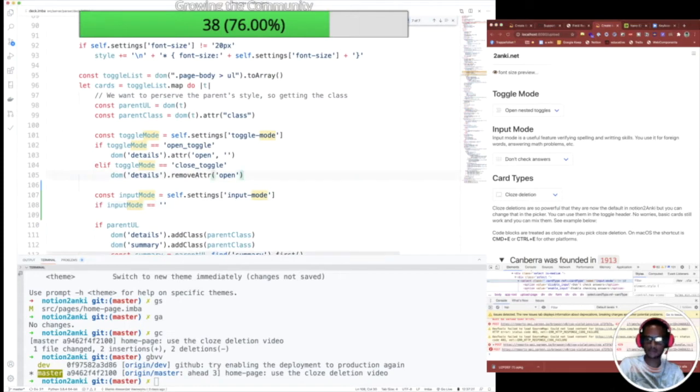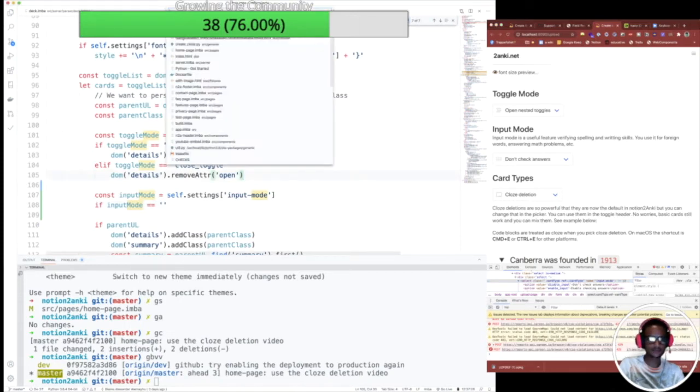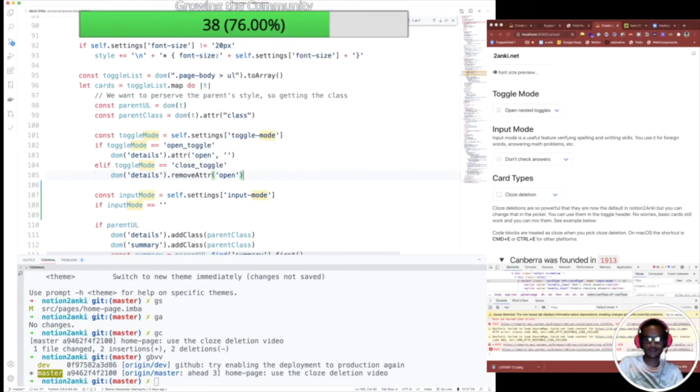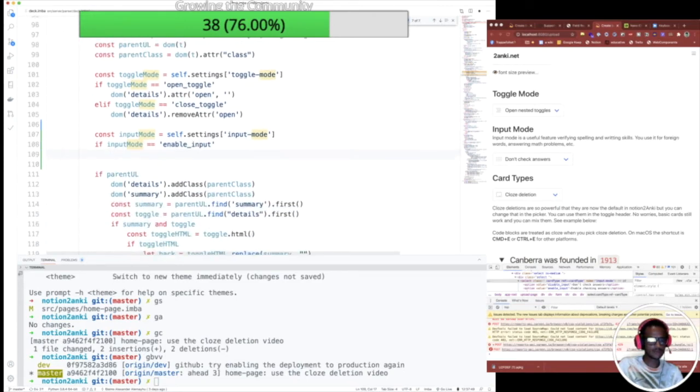Actually, I came up with something. No, I wanted to add an emoji, but I will do that later. Input mode, so if input mode equals enable input, then we want to